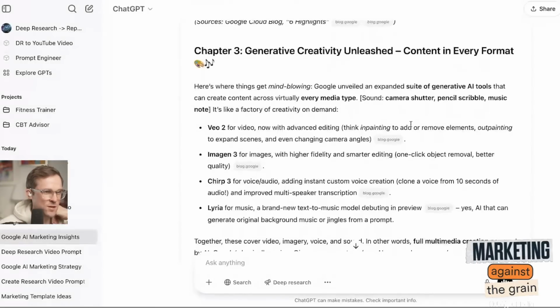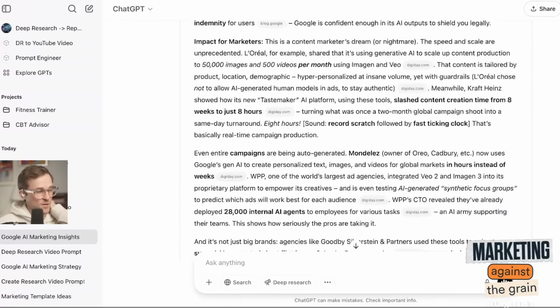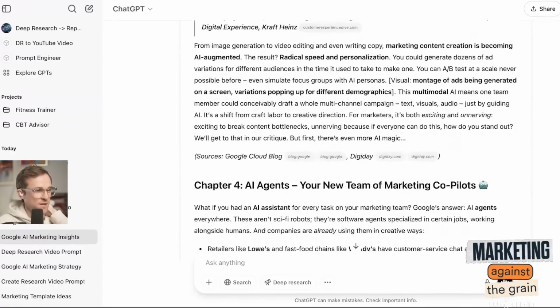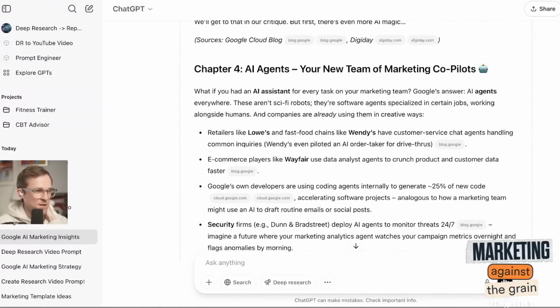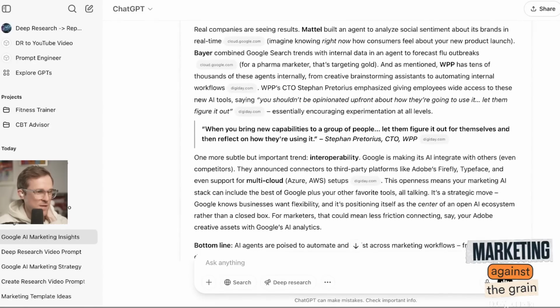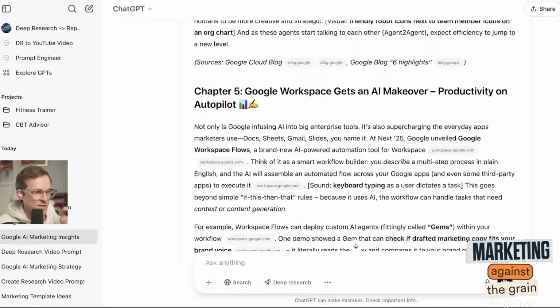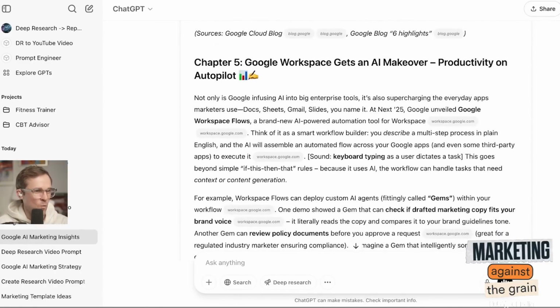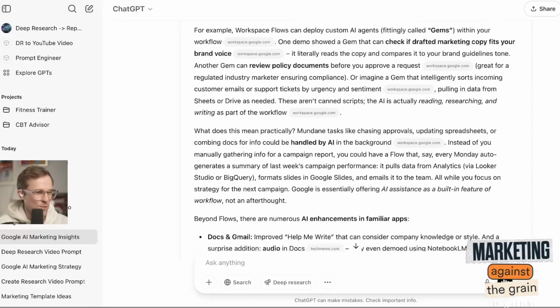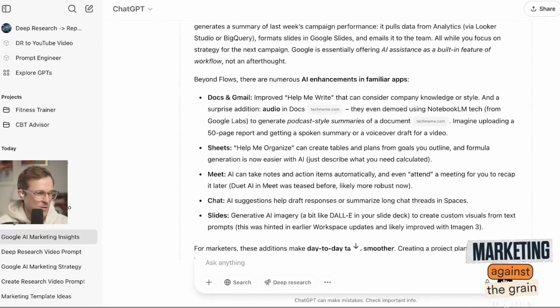Generative creative unleashed, content in every format. Yeah, look, this is a show, really, right? We could condense this down and actually make a show out of this. This is probably some of the best research I've seen. My one note for myself is it's even included things like sound, keyboard typing as the user dictates a task. It's thought of all of the ways to integrate sound into this episode. It's got tons of